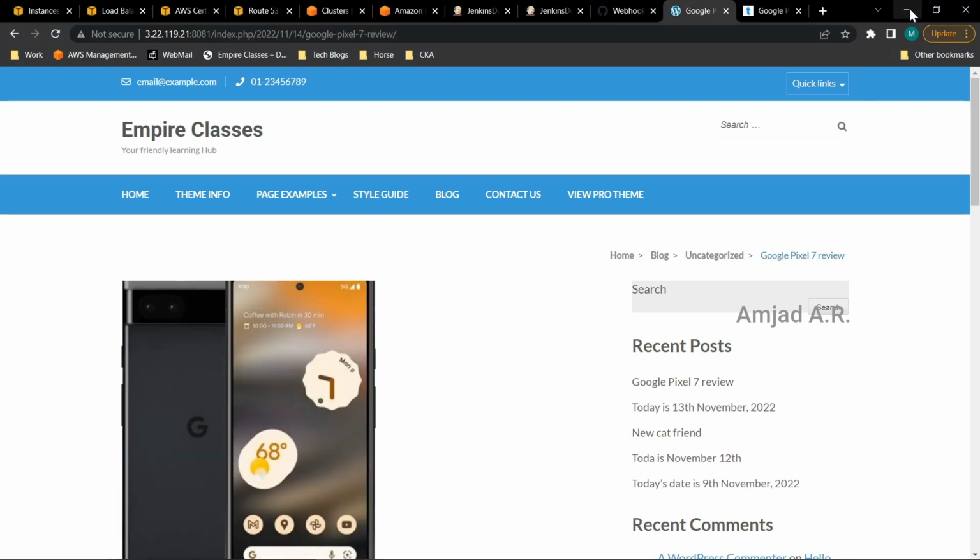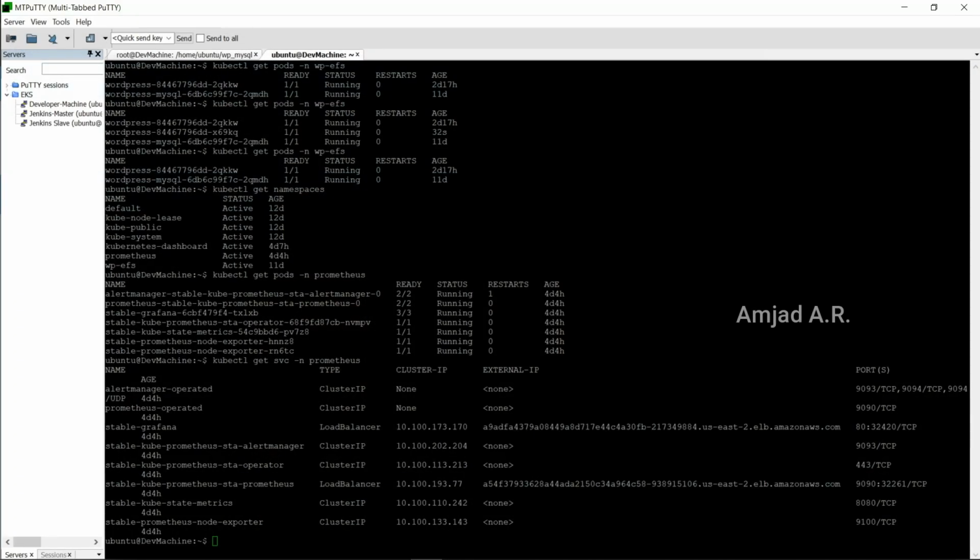So for initiating the CI/CD pipeline, what we have to do is, from the command line, that is, from the developer machine,